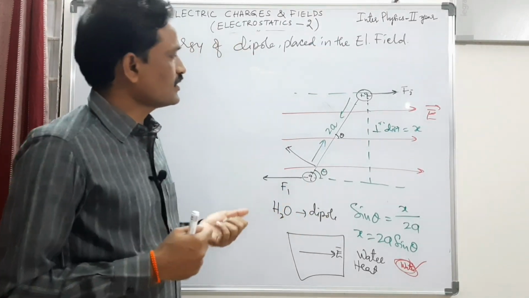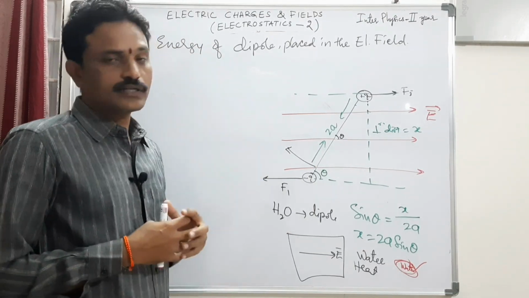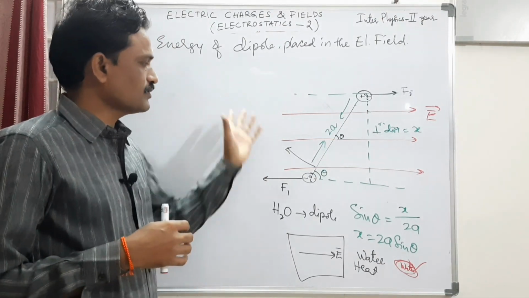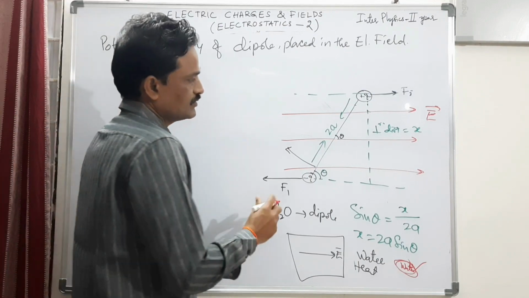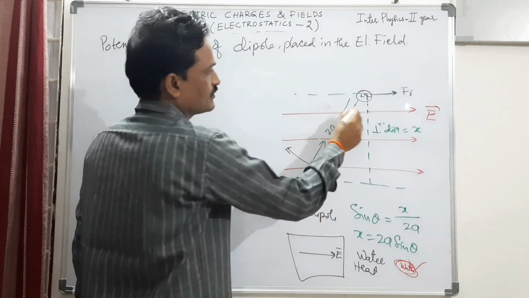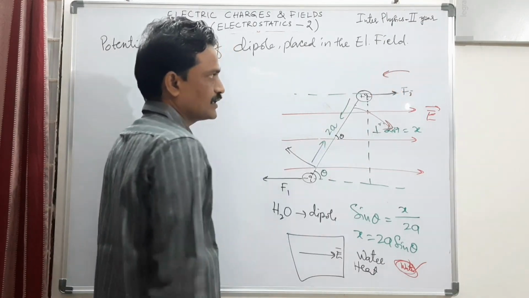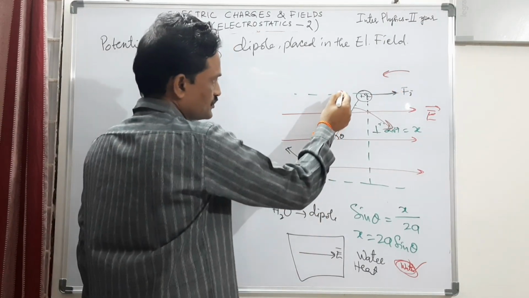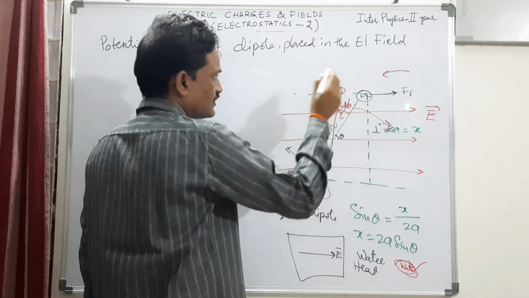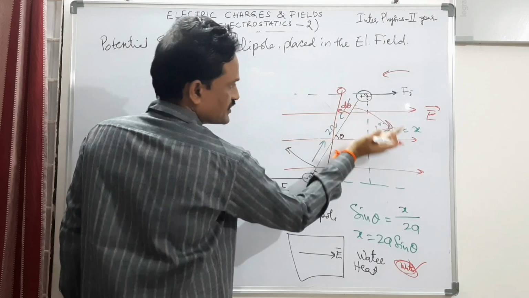There is another topic in the fifth lesson, that is the potential energy of an electric dipole placed in a uniform electric field. Though it is there in the next chapter, we will discuss it here only. As I told you, as soon as it is placed in the uniform electric field, the dipole tries to move in this direction. So what I do, I apply some external force or external torque, such that I want to move this electric dipole in the anti-clockwise direction by an angle, let us say d theta. By an infinitesimally small angle, I am making it rotate against its wish.